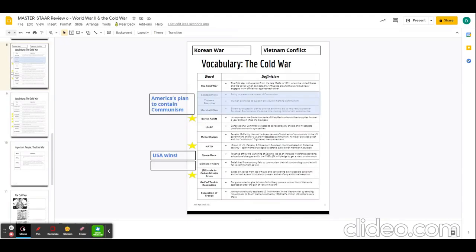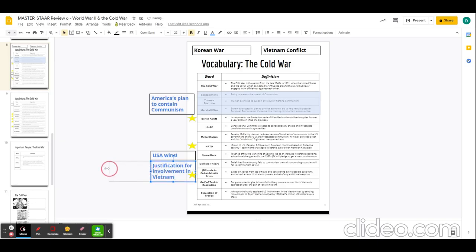All right, carrying on with our key terms, the domino theory is also extremely important. It was that belief that if one country falls to communism, then all the surrounding countries would also fall to communism as well. Much like a string of dominoes lined up, if you push the first one over, they all fall down. What you need to remember about the domino theory, this was our justification for involvement in Vietnam.